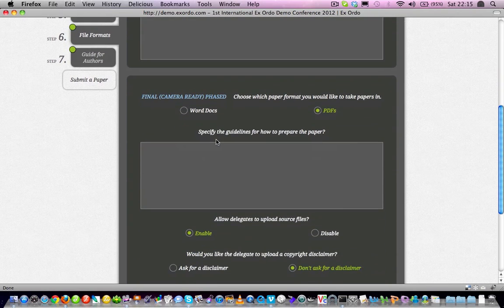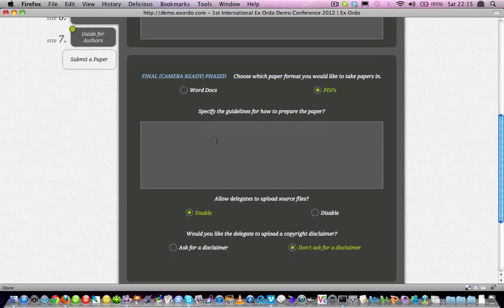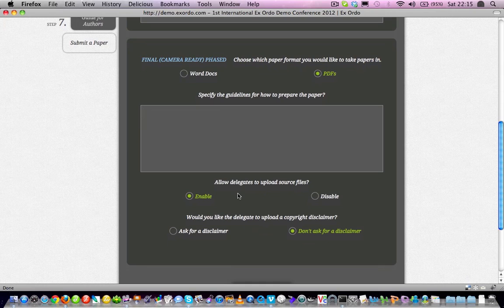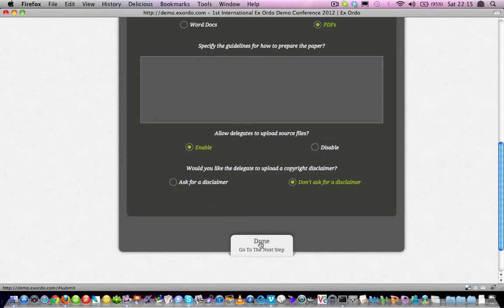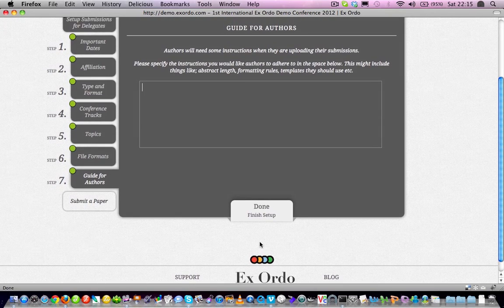Down below, we ask you about the final phase, when the peer review is completed and only accepted abstracts will be asked to upload their final submission. We ask you again, what sort of format files do you want to accept? And what are the guidelines they should follow? We also ask you whether or not they should upload the source files that they used when preparing the initial paper. And finally, do you require that delegates upload a copyright disclaimer? Some conferences will require that as they're published with major publishing houses. Once you're happy with your selection on files, you click Done